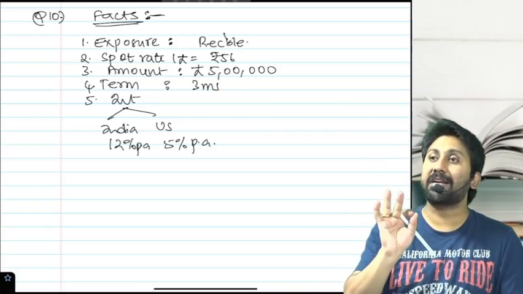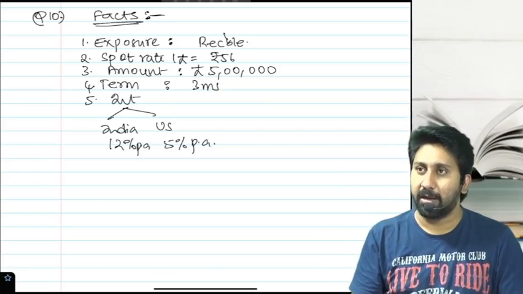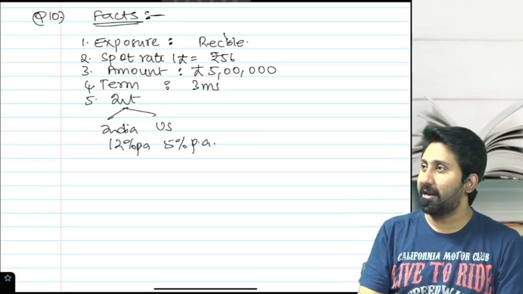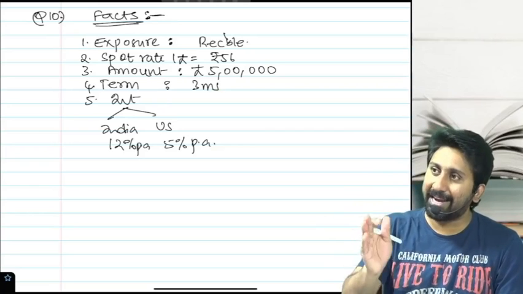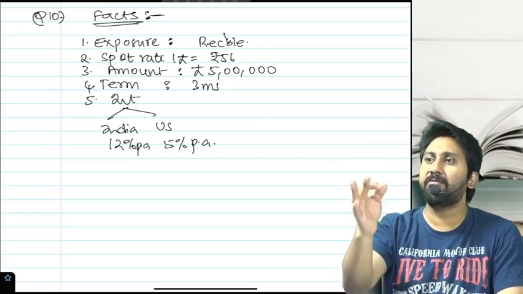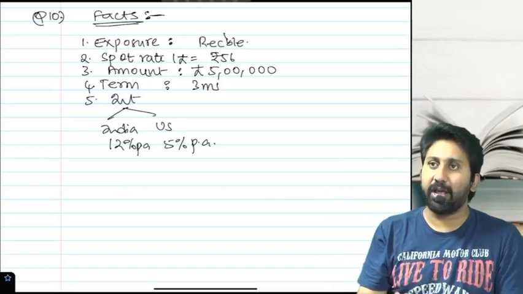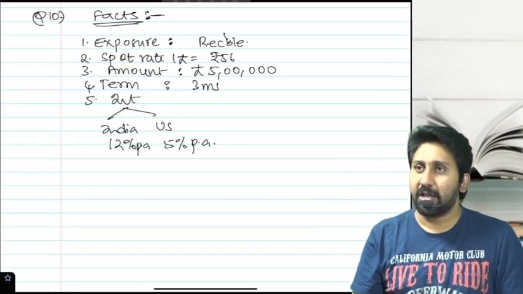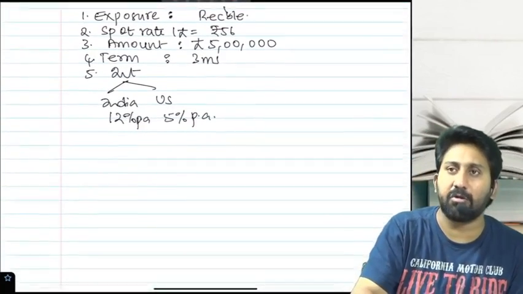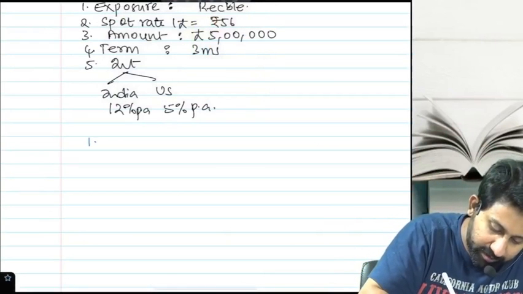So money market hedging works on a strategy like this: what is not possible, make it possible, practically. If I receive today, uncertainty will not be there, but my invoice is for 3 months. Therefore, the concept says that whenever you are having a receivable, you have to do the following: